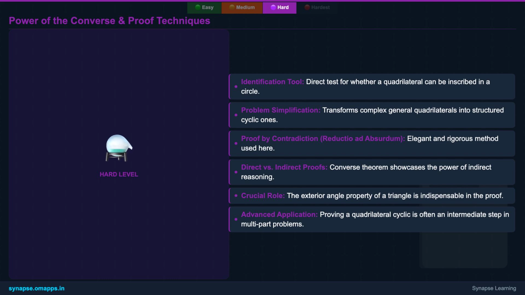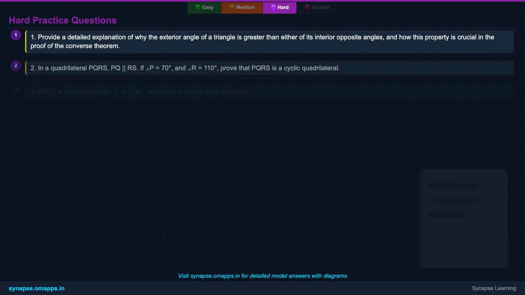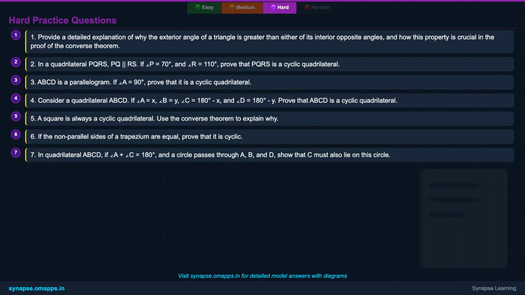Furthermore, understanding the proof, particularly the method of contradiction, is crucial. While the direct theorem can often be proven more straightforwardly, the converse theorem beautifully illustrates the elegance and rigor of indirect proof techniques, which are frequently used in higher mathematics to establish complex truths. Now for some challenging problems that require a solid understanding of the converse theorem and its interplay